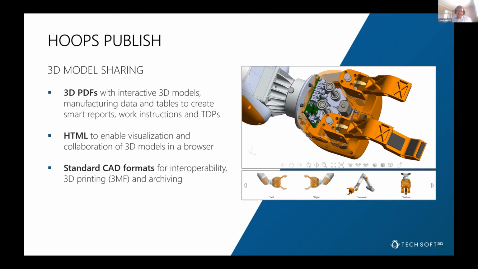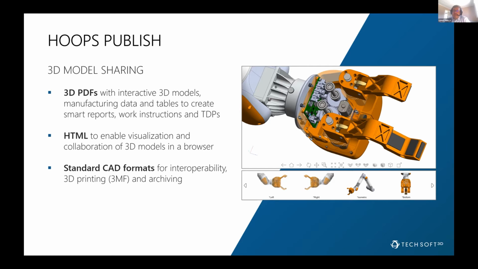So Publish makes it possible to export from your application rich and interactive documents like technical data packages, work instructions, and reports for downstream visualization, collaboration, and even reuse.